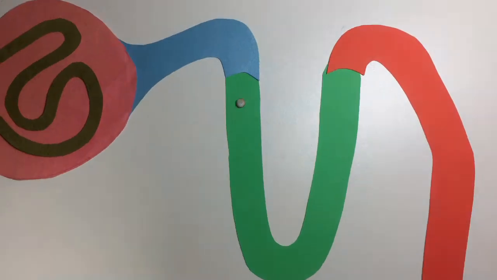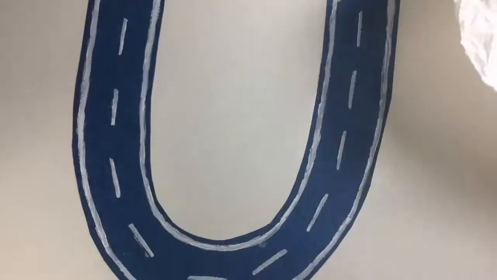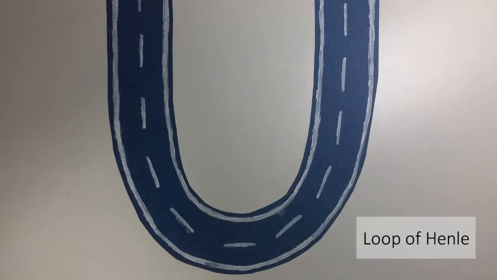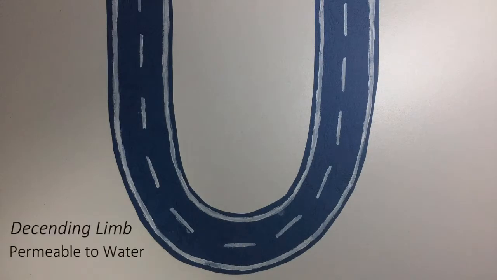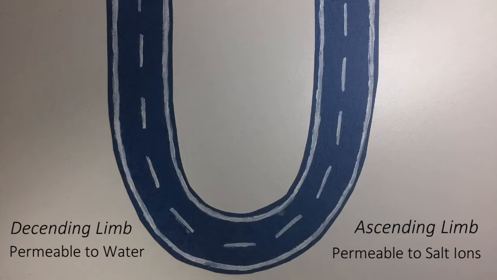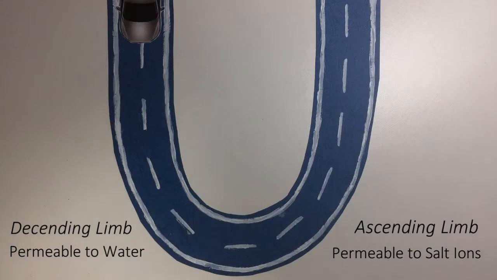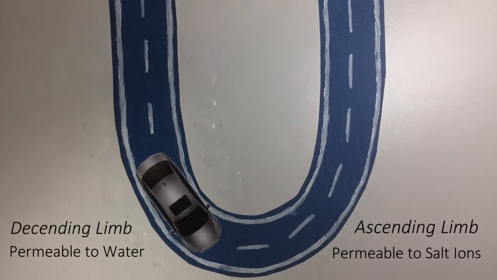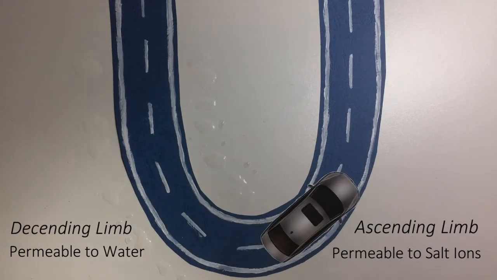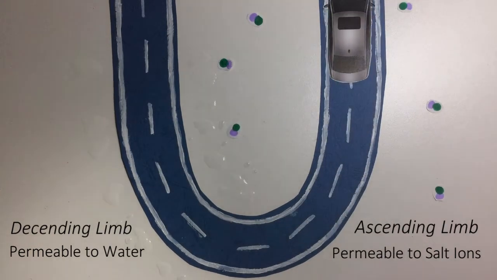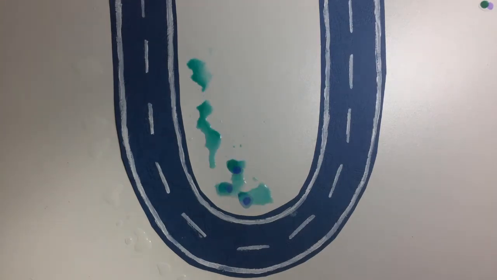Kidneys also regulate the water in our bodies through special structures and hormones. After the PCT, filtrate travels through the loop of Henle, where both limbs contain semi-permeable membranes, but the descending limb is only permeable to water, while the ascending limb is only permeable to salt ions. So, as filtrate travels down the descending, it loses water to the surrounding arterioles. As it travels up the ascending, salt ions diffuse out to the arterioles through osmosis and is sent to the